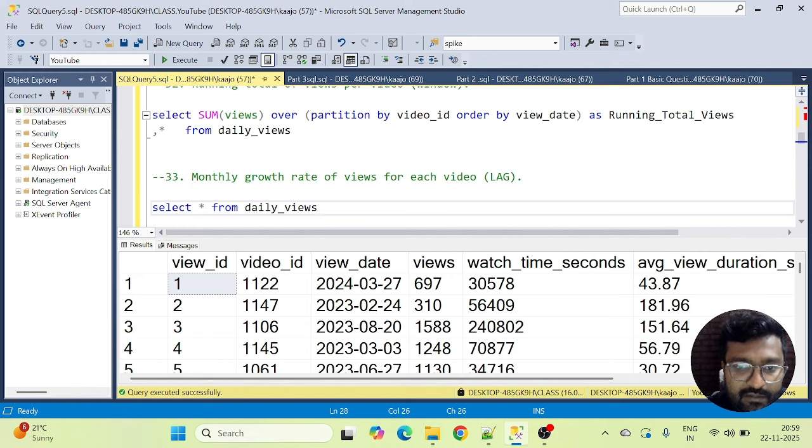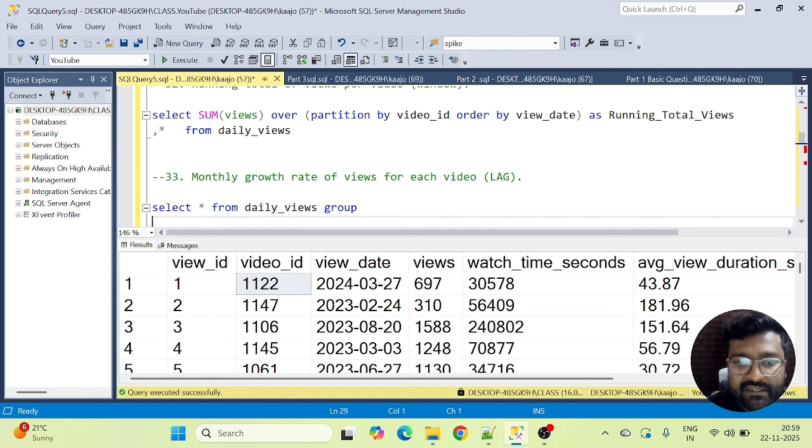We have got this table, right? And they're asking monthly growth rate of views. Now also there is one more scenario here. There might be a scenario where a video is watched in the same month, maybe more than once, right? So that means at first we need to probably group by month of view date, right? And then take the sum of views, so that ultimately we should be able to aggregate the total number of views for each video by month, right? And then we will apply the lag logic to calculate the month by month growth percentage.